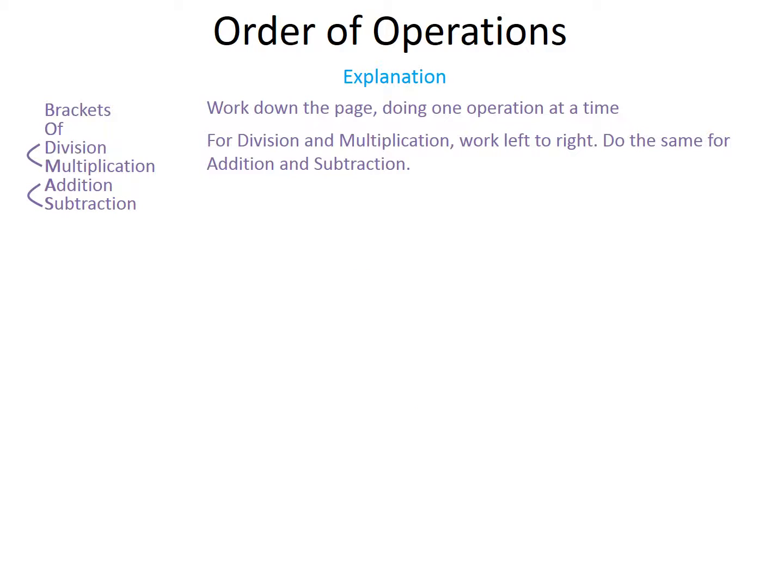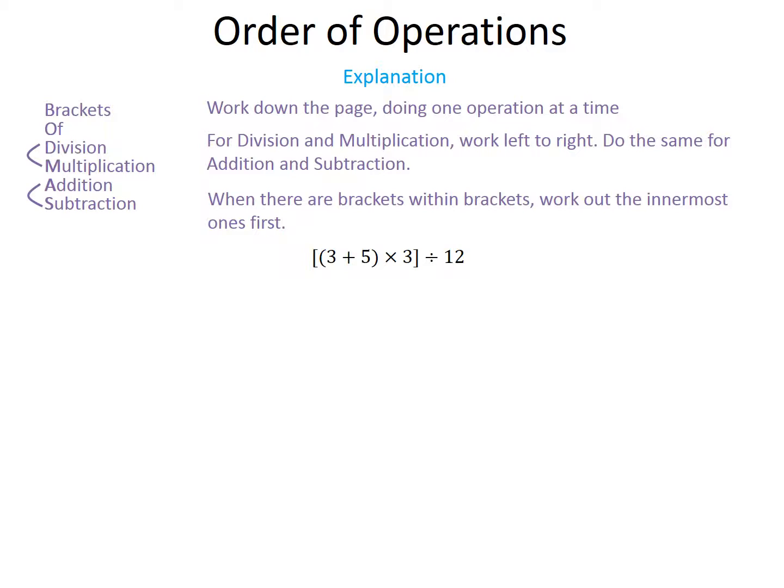Now sometimes you can have brackets within brackets, and when that happens we work out the innermost ones first. So notice here I've got a set of round brackets and another set of square brackets. The round are inside the square, so I do the round ones first. And so I'd work out 3 plus 5, which is 8. So I haven't touched the square bracket, so I'm going to write that down. I just turned this 3 plus 5 bracket into 8, so I'll write that down,